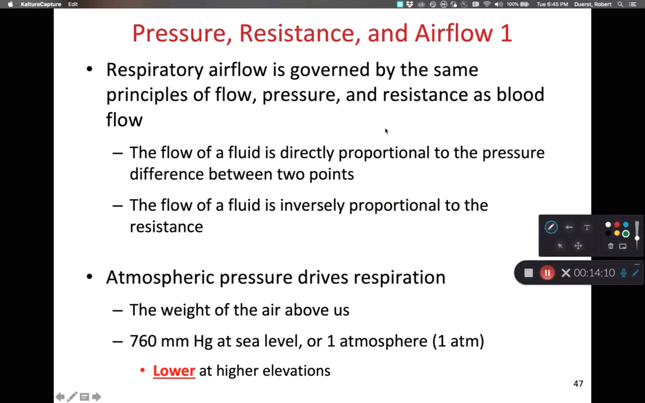Now, as we look at the ability to move air in and out,